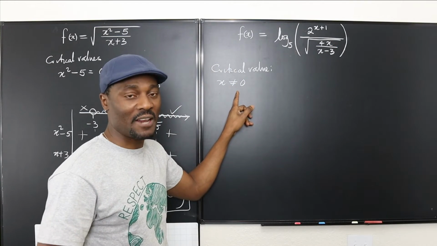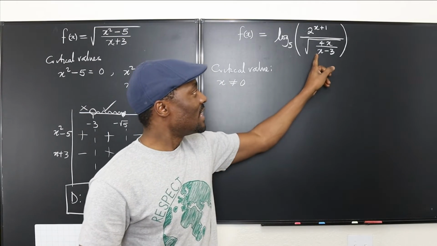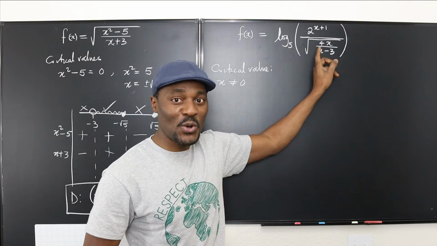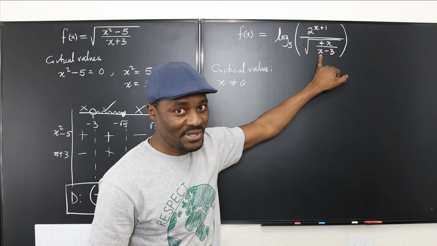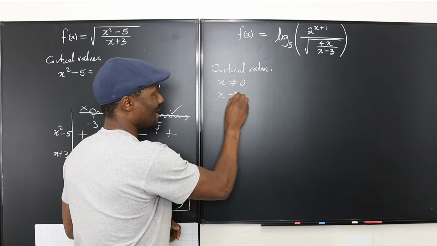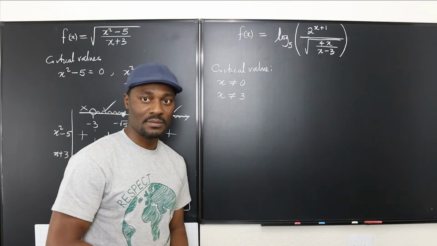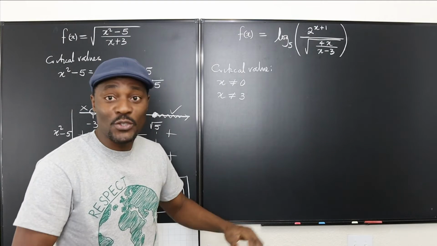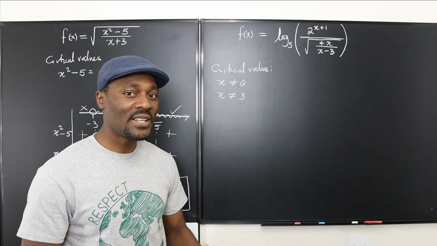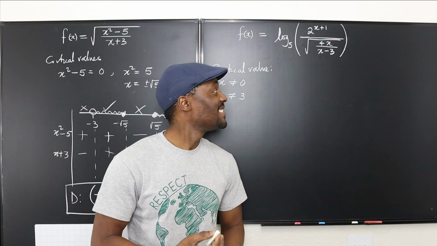So we've identified that. Secondly, the bottom part of this rational expression also cannot be 0. X minus 3 cannot be 0, which means x cannot be 3. So you want to identify that. X is not equal to 3. Okay, so now that we're done with that, the next thing we want to do is say,